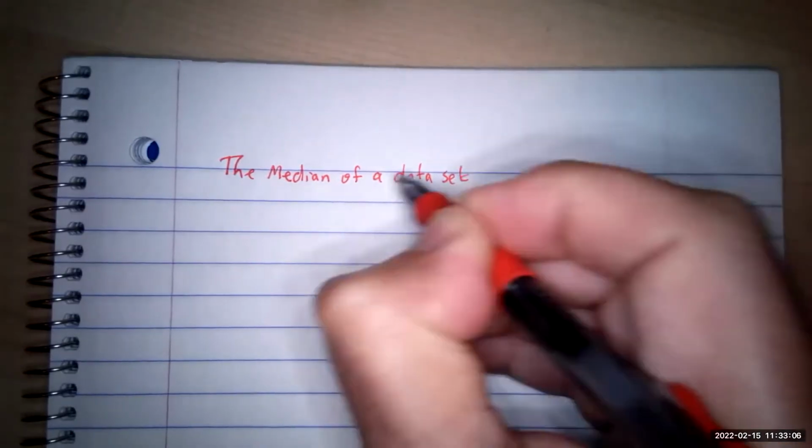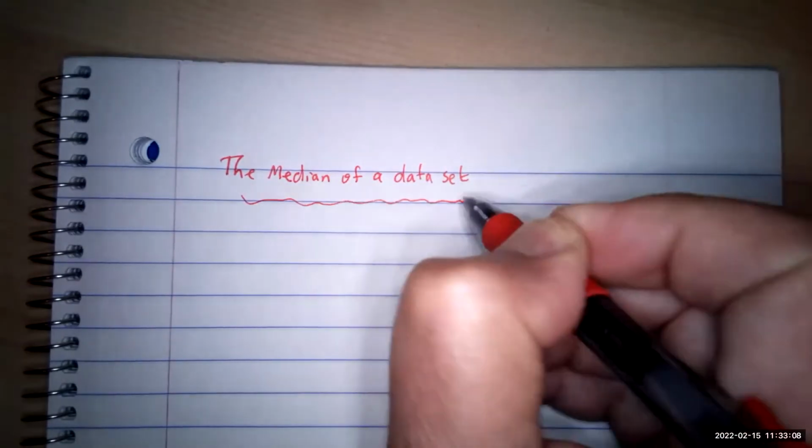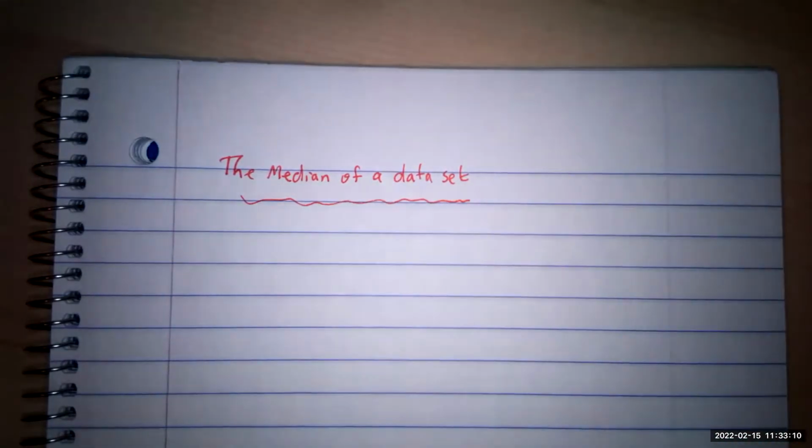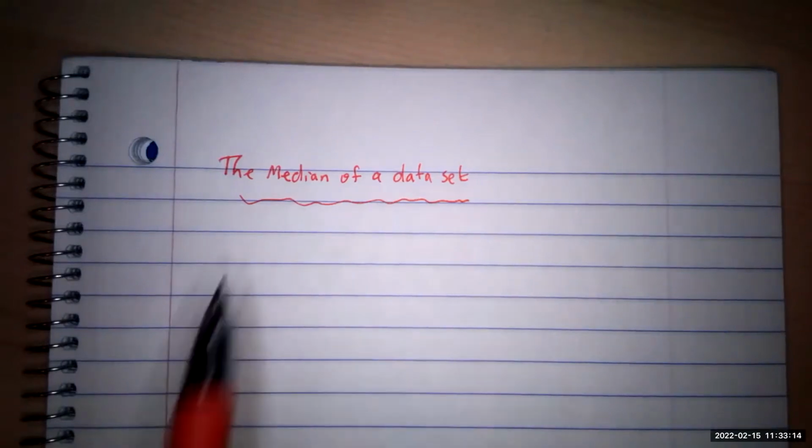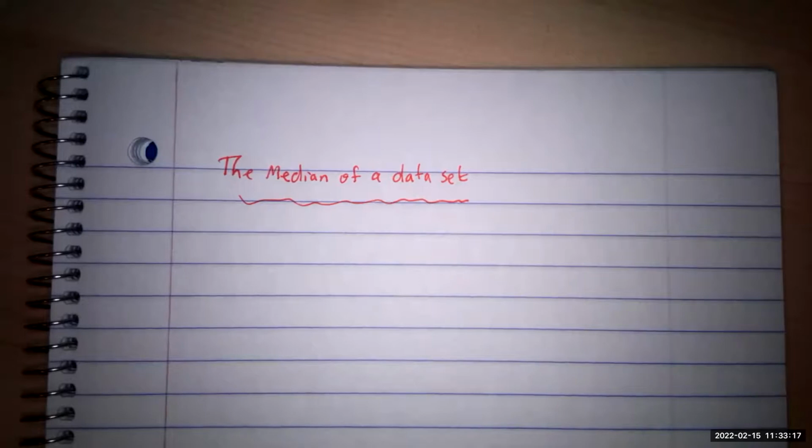So when they want to report, for example, house prices, they don't usually go for the mean. They go for the median price of the house, because that would be more suitable. Okay, so for example, if you have,